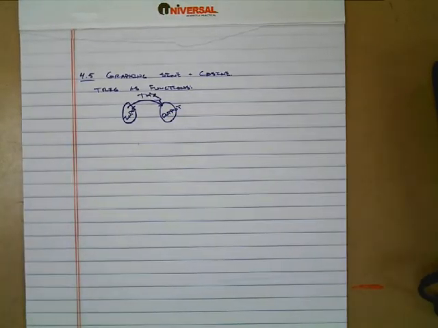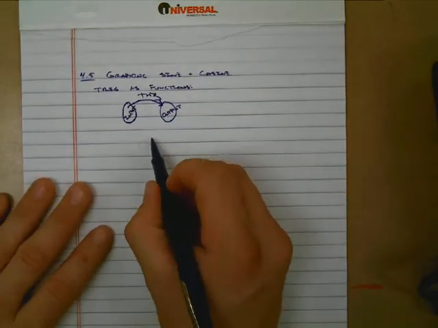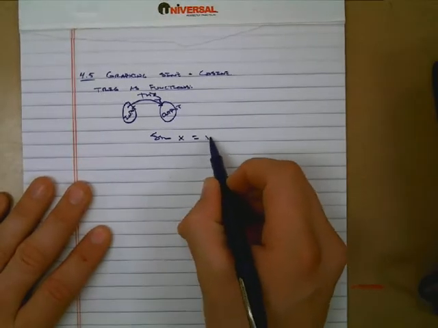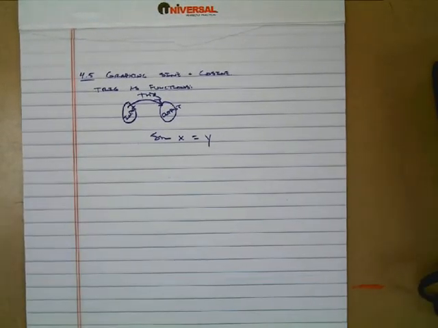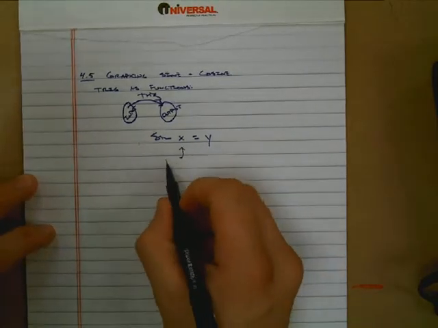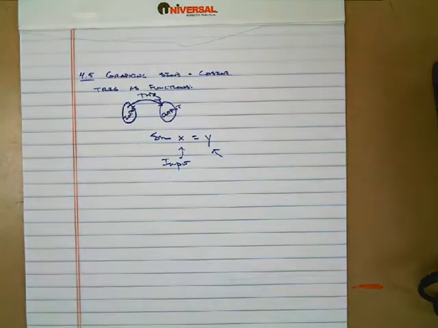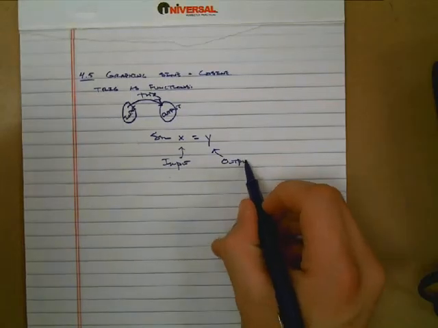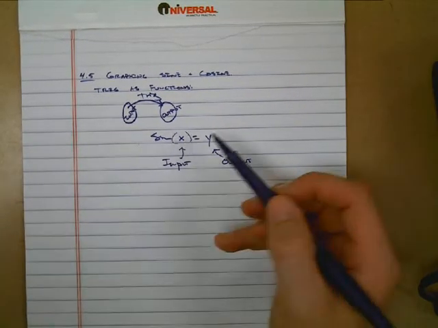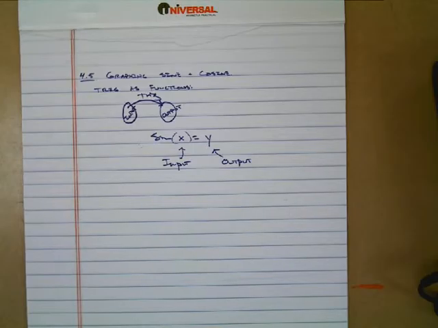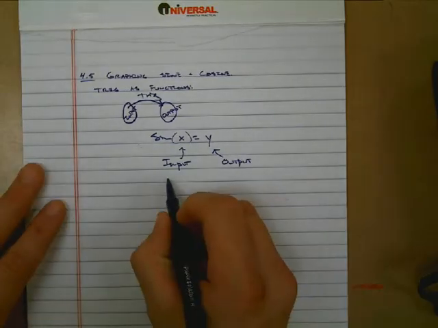Well, let's think about what that means in terms of trigonometry. When we have sine of x equals y, we'll go to our xy notation, which we're used to as input and output. The question is, well, what is this input? And then it will generate some sort of output. Well, what goes into a sine function, for example, or a cosine or tangent or cosecant or anything else? But for any trig function, what goes in and then what comes out? Well, the answer is our input is an angle